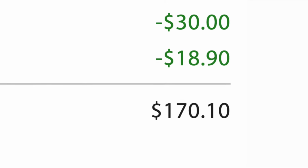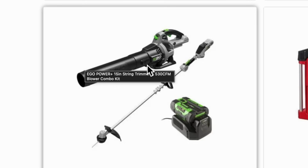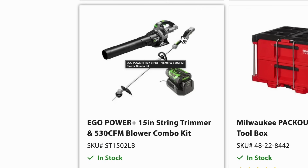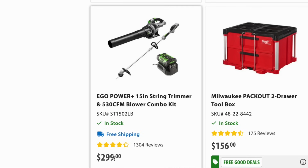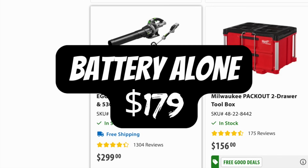I have never seen it that low. Okay, back to an Ego product. I tested out one of their blowers with a battery, and that thing blew me away. So I figured, all right, I'll find a combo kit if somebody wants to get into the line. Well, you're going to need a blower and probably a trimmer and probably the battery and probably the charger. So at $299, take 10% off of that, you're at like $270 for all that. Go ahead and look up what just one of those batteries costs by itself, and you'll see how good of